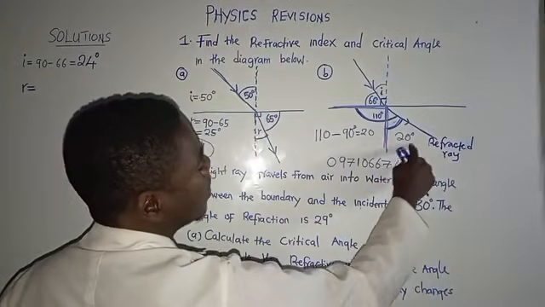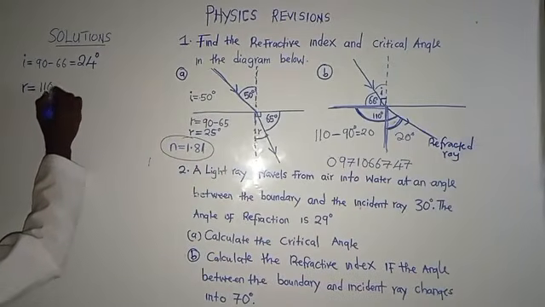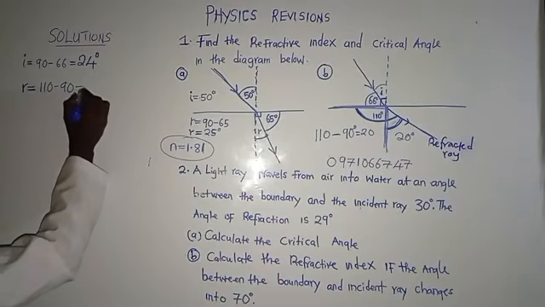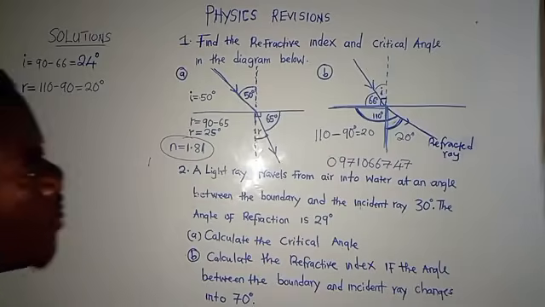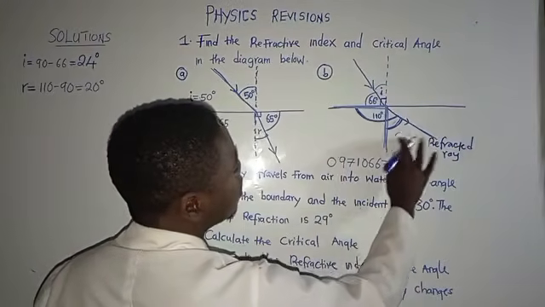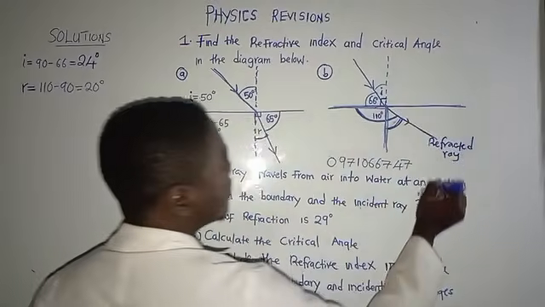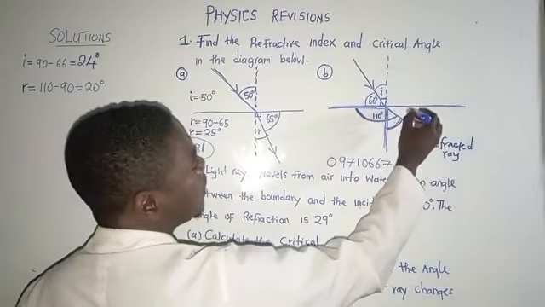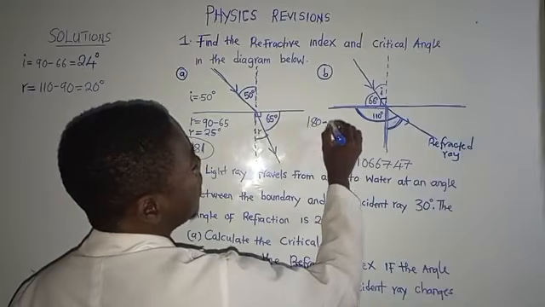So this one is just 20 degrees. We are just saying that 110 minus 90, and we are getting 20 degrees. So the correct answer there is 20 degrees. Those of you that have gone the other way, you are supposed to do this. If you use 180, you know that this is a straight line. If this is a straight line, then for us to find the angle that is here, we say that 180 minus